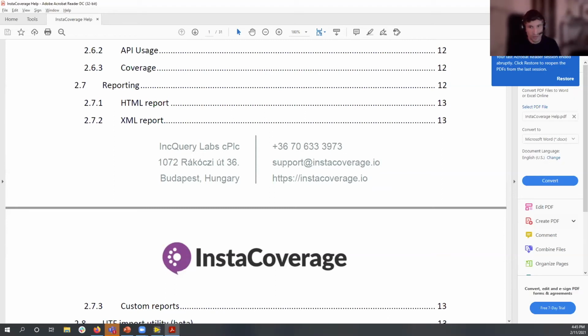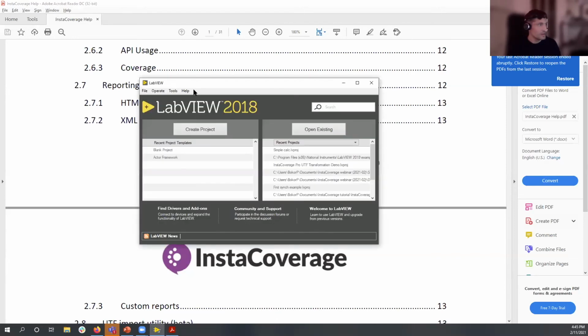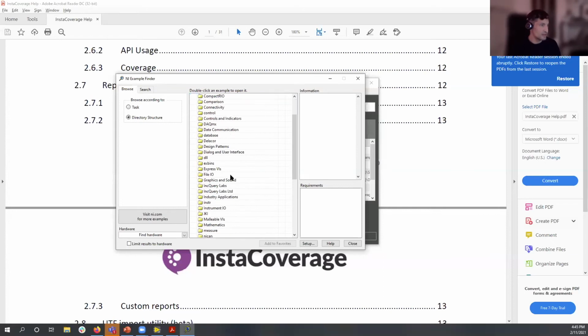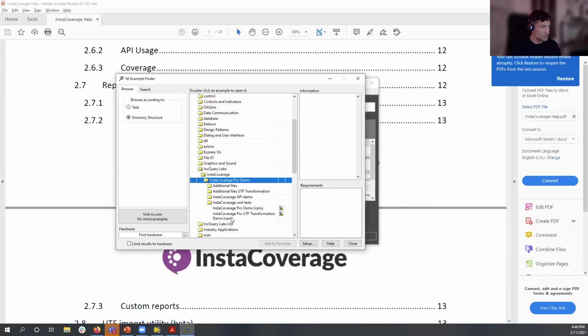And what I'm doing now is that I'll show you the find examples department, because InstaCoverage comes with interesting example projects. It's in the Inquiry Labs folder. Inquiry Labs Ltd is legacy. We changed the company form, so we are not limited anymore. And you see under the Pro demo, you see here two projects, and I will open now the first